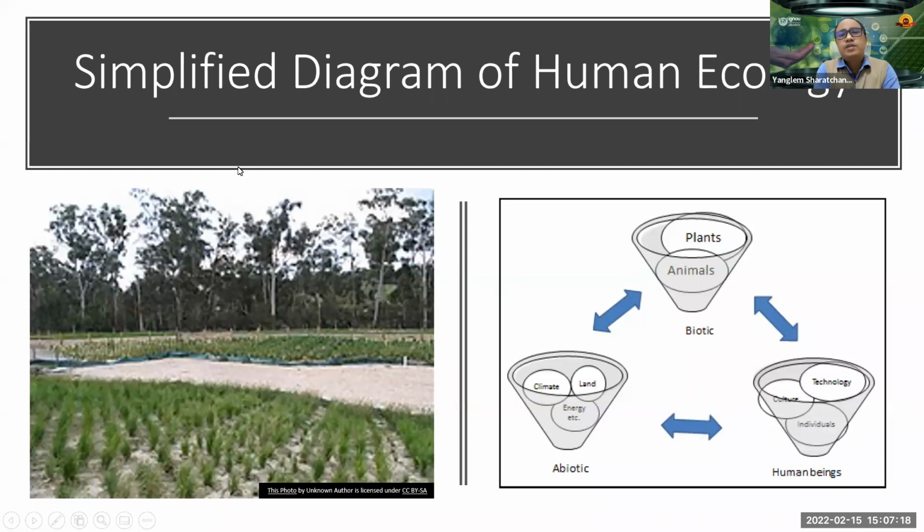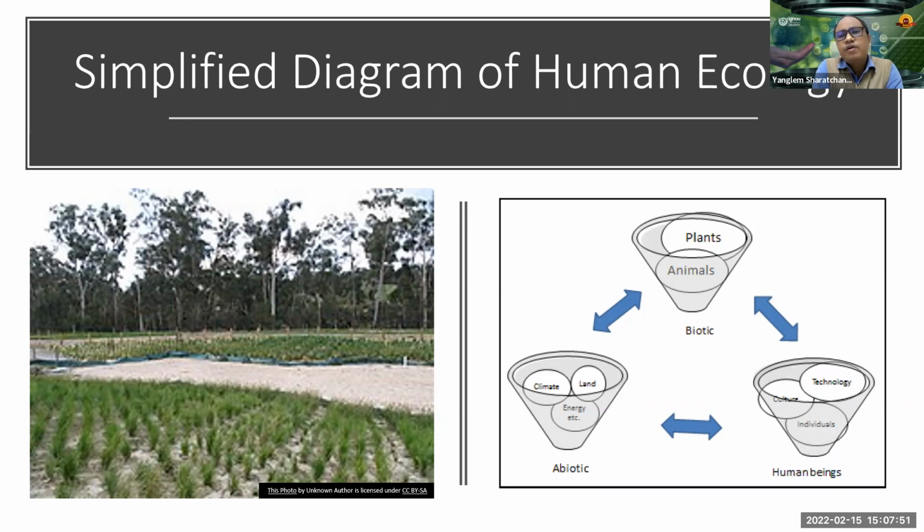So when we're trying to understand human ecology, the word itself defines that this is the ecology of human interaction. And this term ecology, as we know, is the study of interaction between nature, between living and non-living components in the environment. So when we talk about human ecology, it is about the interaction of humans and the system of human or social system with that of living and non-living components around us.